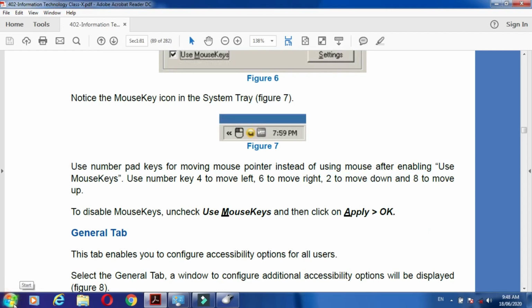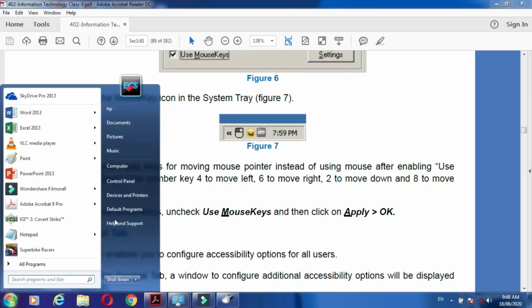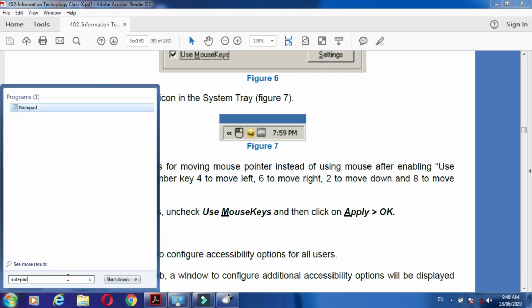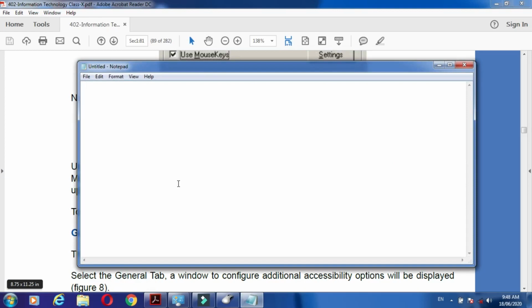How can you use it? See, in the notepad we will do this. Now I am pressing a 2. What happens?